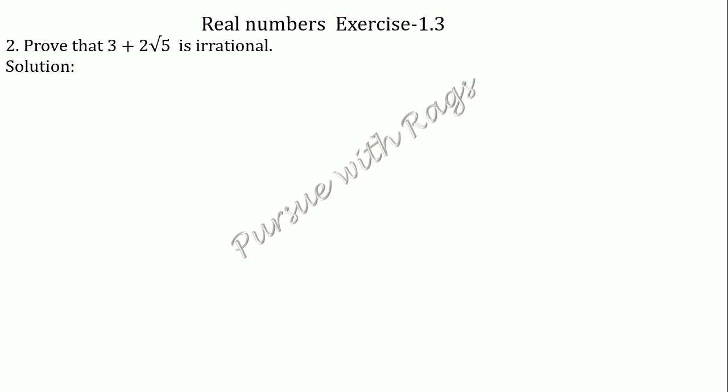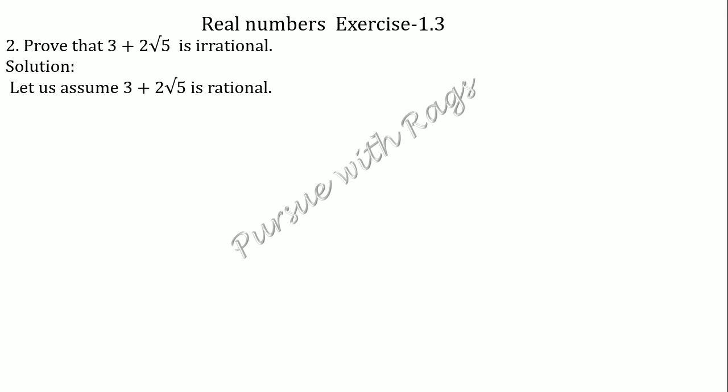So, here, basically, we know on adding a rational number to an irrational number, together it will be an irrational number only. So definitely we can tell this 3 plus 2 root 5 is an irrational number. But we have to prove it here. So in order to prove, let us assume the opposite. That is, 3 plus 2 root 5 is a rational number.